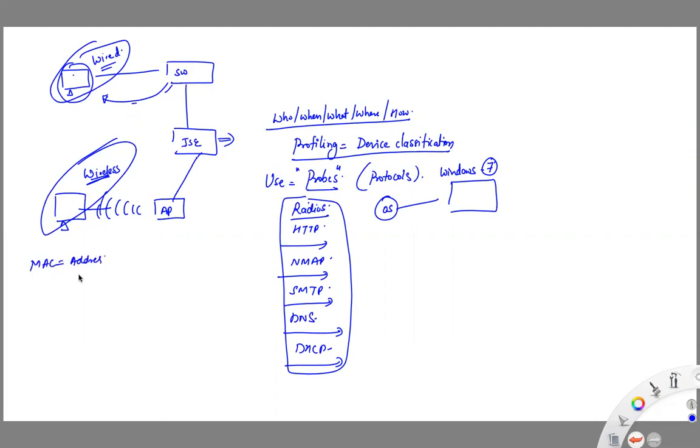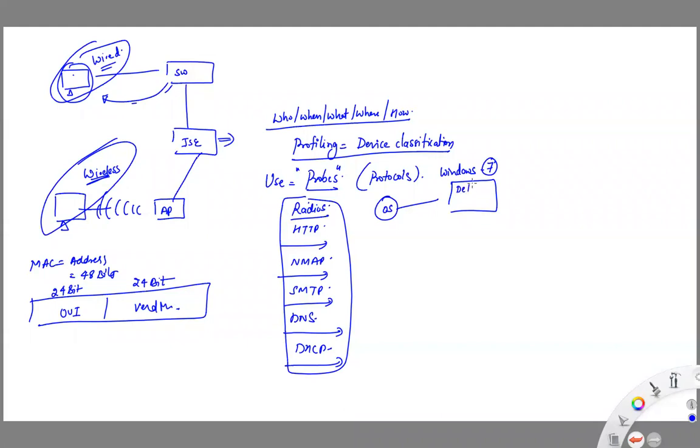A MAC address is basically 48 bits. That 48 bits is divided into two portions, 24 bits and 24 bits. One is called the organizationally unique identifier, or vendor ID. So by looking at the first 3 octets of the MAC address, and the last 3 octets, we'll come to know that, okay,